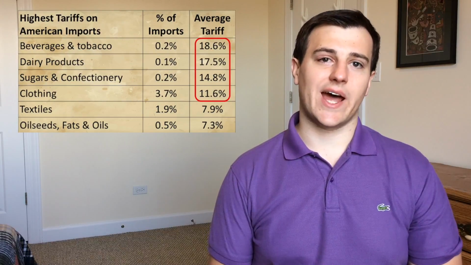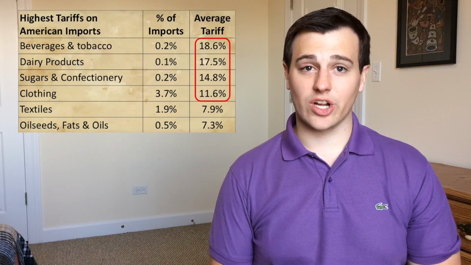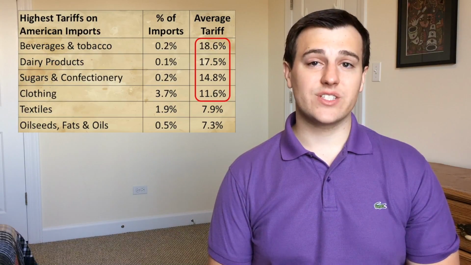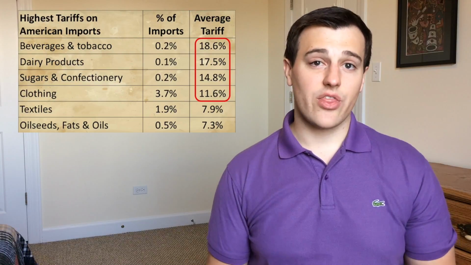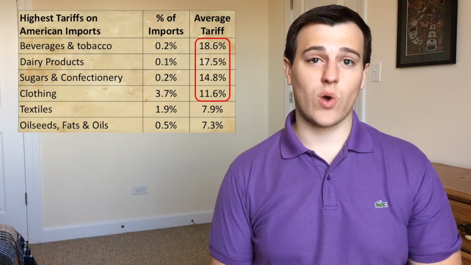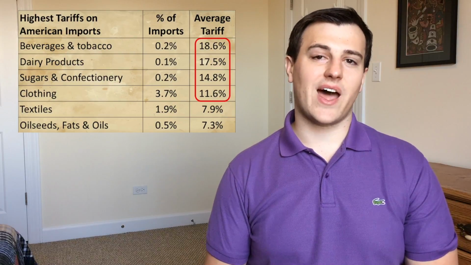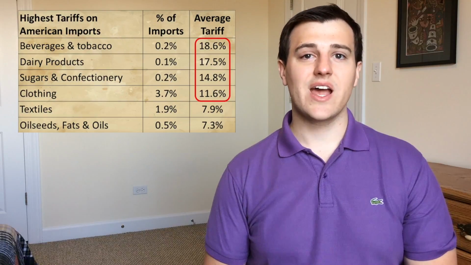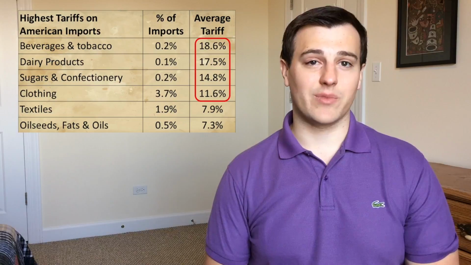But here are the real standouts, the products that we put the highest tariffs on. They're mainly agriculture and clothing products, but higher tariffs on these items aren't just unique to America. Most countries protect their own agriculture industries in various ways, whether through tariffs or some other means. Because of that, the most recent WTO meetings have focused on reducing agriculture protections, but they haven't had much success.